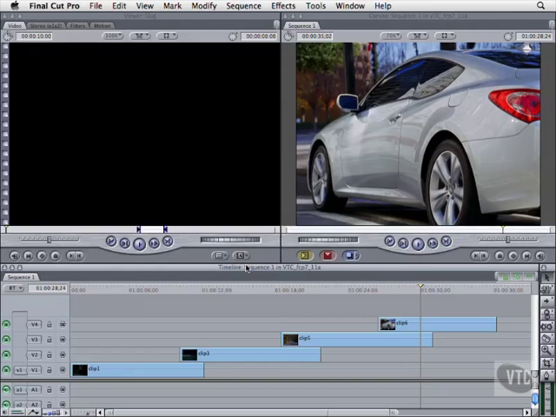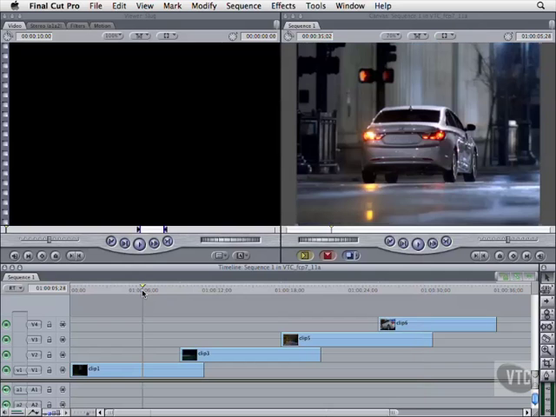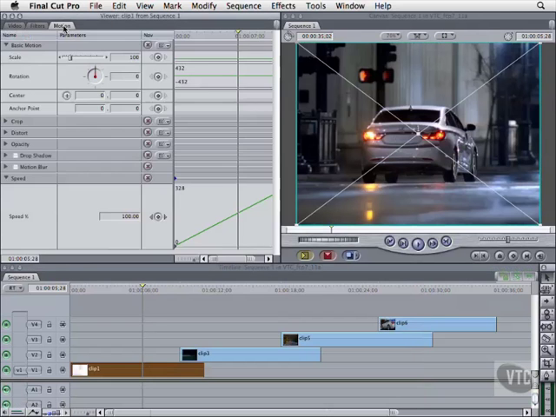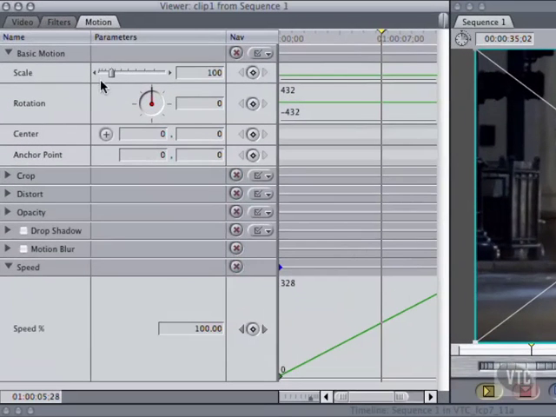Park the playhead over the middle of this first clip. Double-click on it, and open the Motion tab. We'll start with the top section, Basic Motion. To get the hang of it, we're going to create a 4-panel split screen effect, kind of like what they use on 24 each week. And we'll do it with numbers, so the result is perfectly symmetrical, and you understand how Final Cut plots X